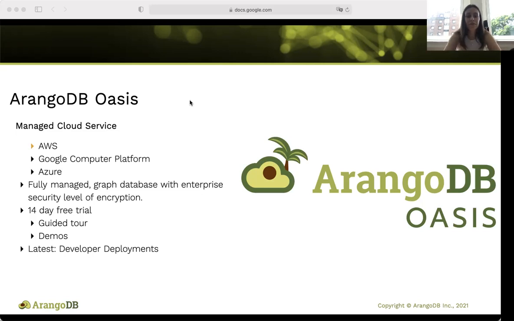Also, a fun thing that we recently launched with ArangoDB Oasis was the introduction of developer deployments. Oasis has always been a highly available ArangoDB cluster, and this is great for high availability and allows you to scale deployments to incredibly large sets of data. But developer deployments are a way in which developers can utilize Oasis for test or non-production deployments. Developer deployments are on a single server and consist of a single node. So we're really excited to have this new feature on ArangoDB Oasis.